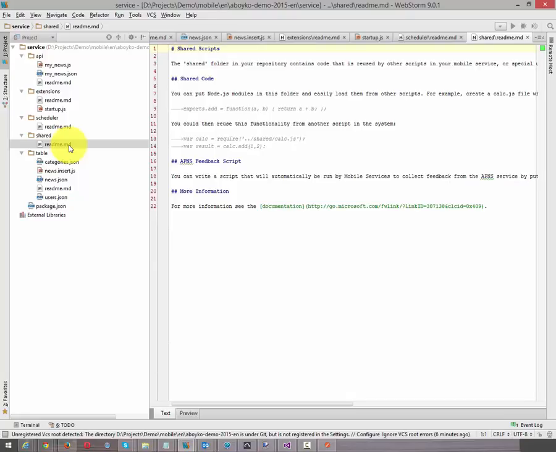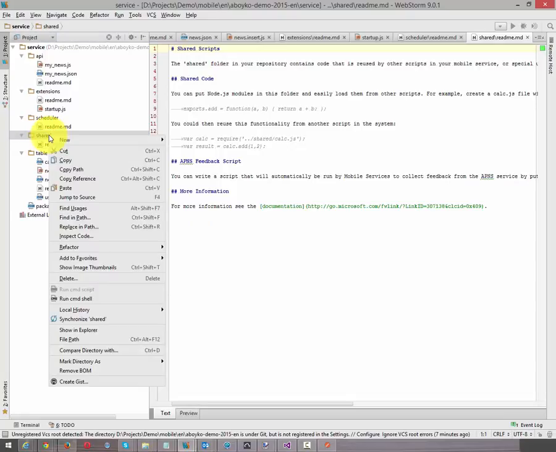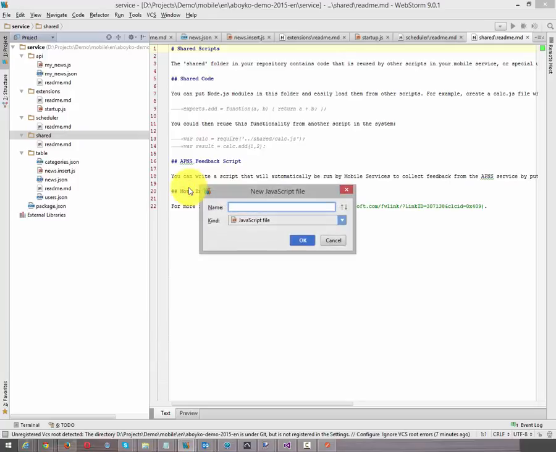The first example of shared code, the easiest example, is to create a kind of validation engine. For example, when I submit or update my news, I want to validate that my news title should always have some value inside. I will go through this instruction to demonstrate how you can create a new shared piece of code. First you need to create a new file inside this folder. Let's say a new JavaScript file,